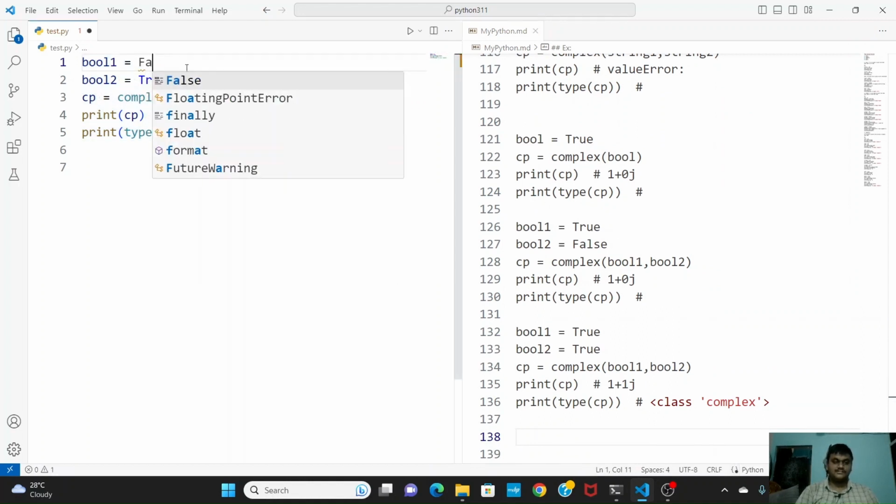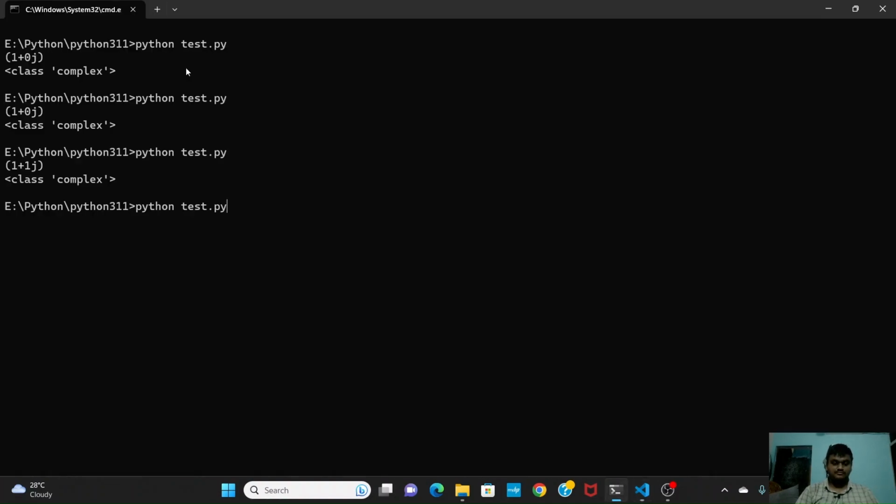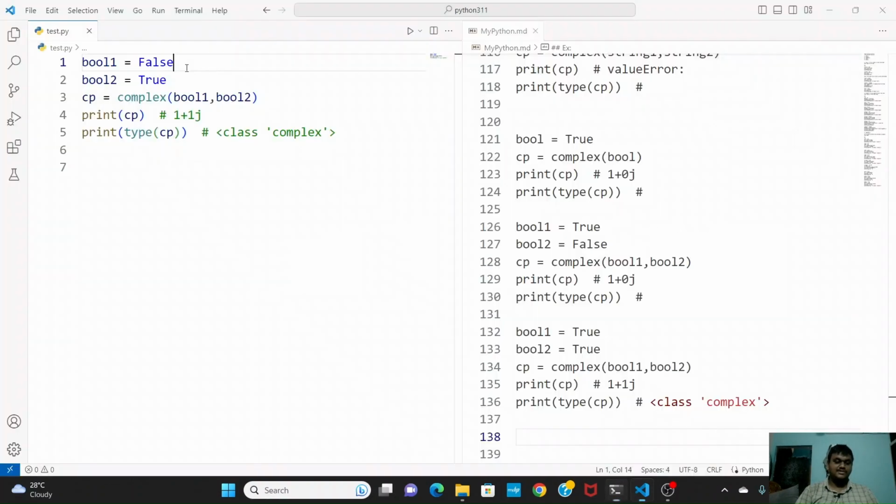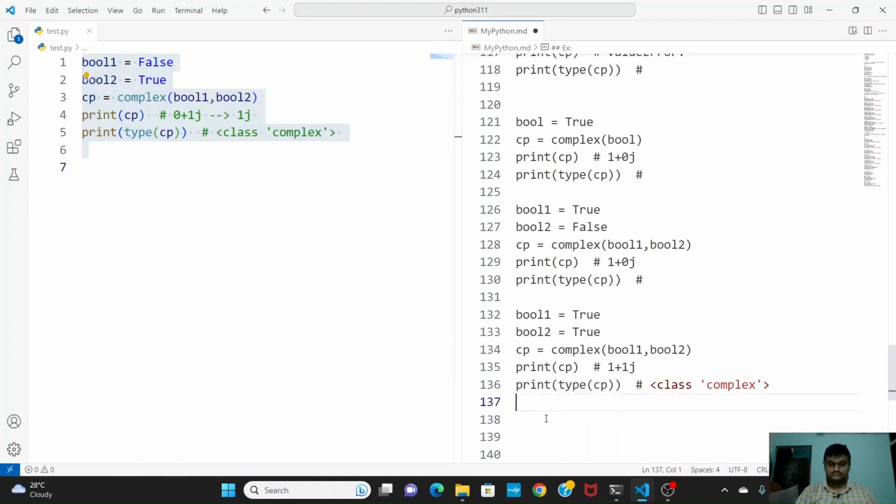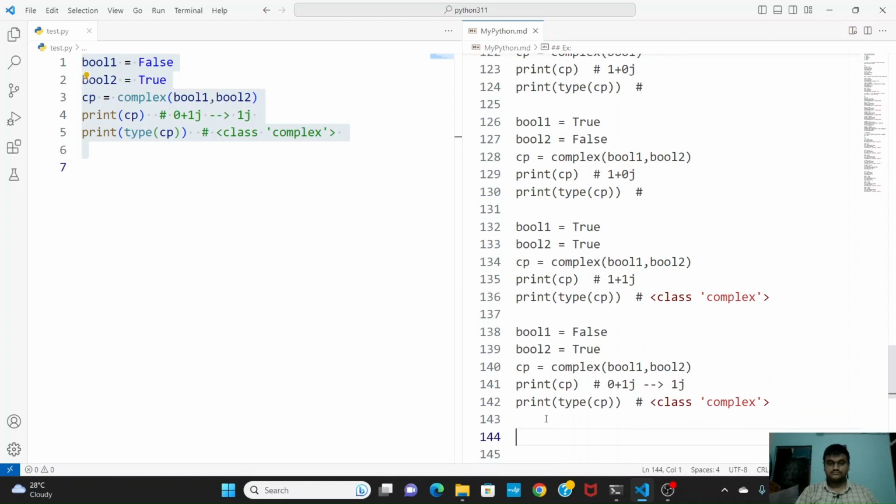Take this one is false. Bool 2 is true. 1j only. This one is directly taking the 0 plus 1j only. If you take string 2,